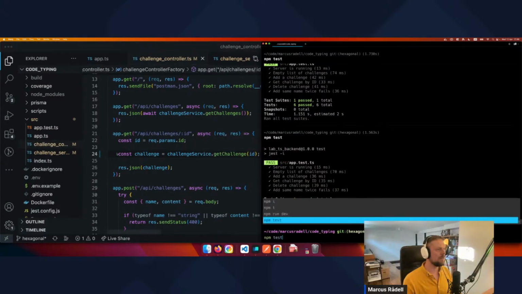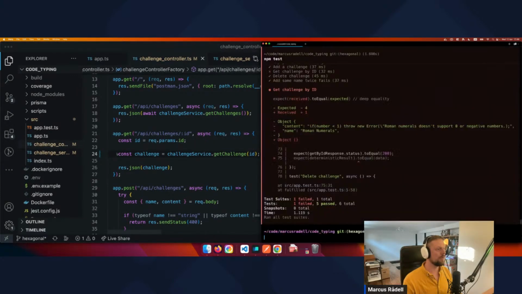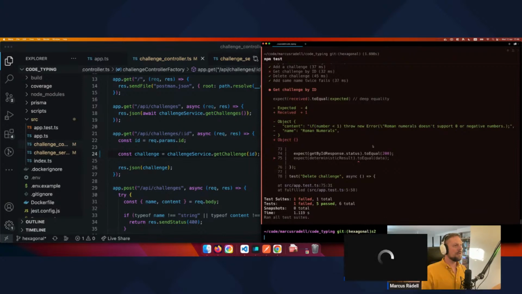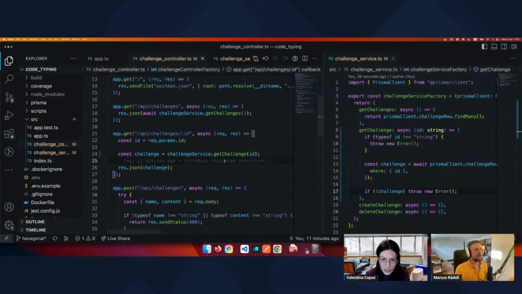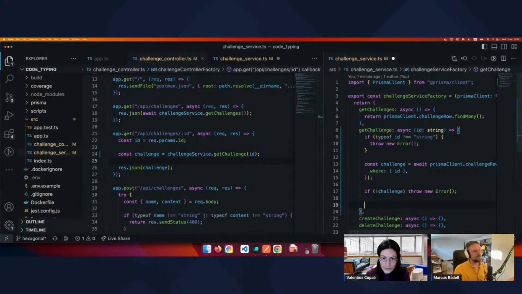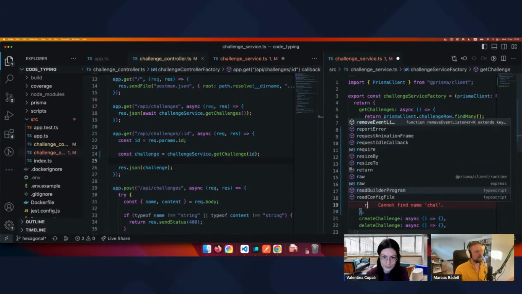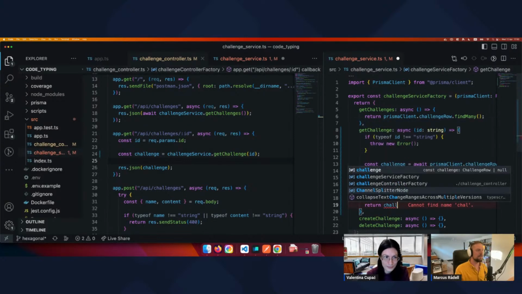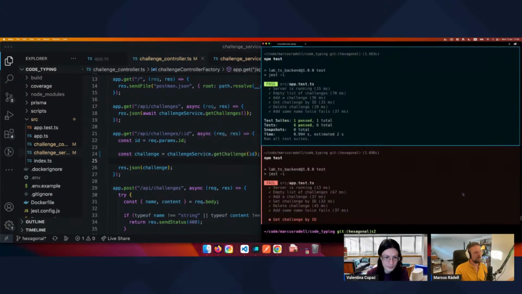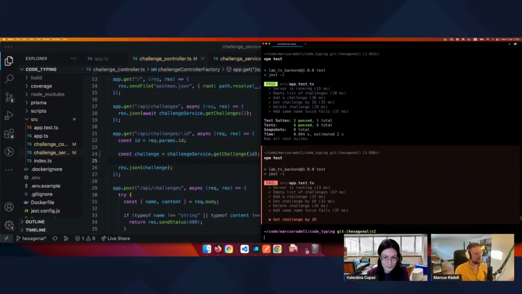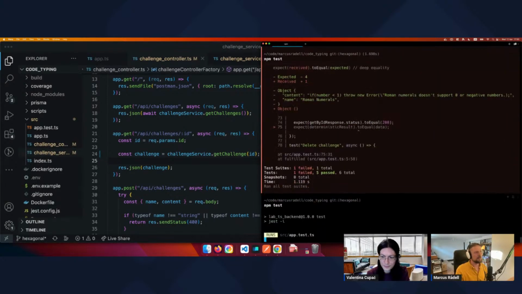So now the problem is, do I have tests for this? Get challenge by ID. Okay, so let's see what our tests are. This is not quite done. That's why. I don't actually think I have enough tests to see. So what happened now is that I forgot to return the challenge from the service layer. Mm-hmm. That means that